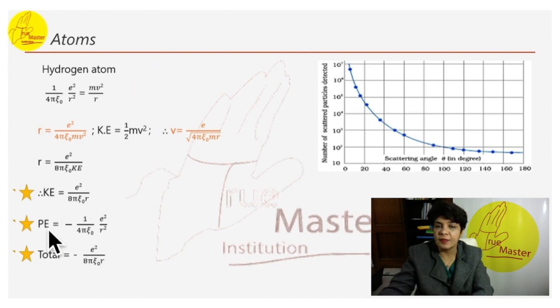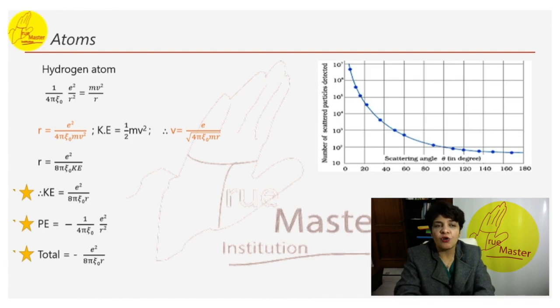let us understand the limitations of the Rutherford atomic model. The Rutherford model cannot explain the stability of an atom. An electron revolving around the nucleus is under continuous acceleration towards the center. It should continuously lose energy and move in orbits of gradually decreasing radii. The electron should collapse into the nucleus, whereas the atom is stable.